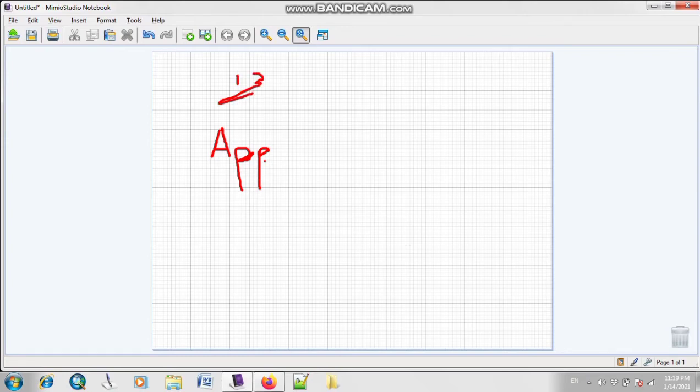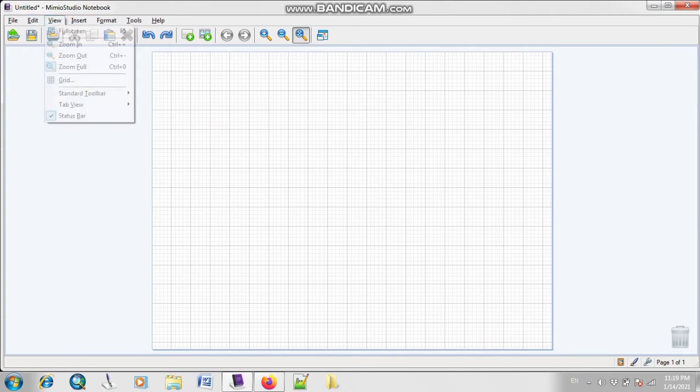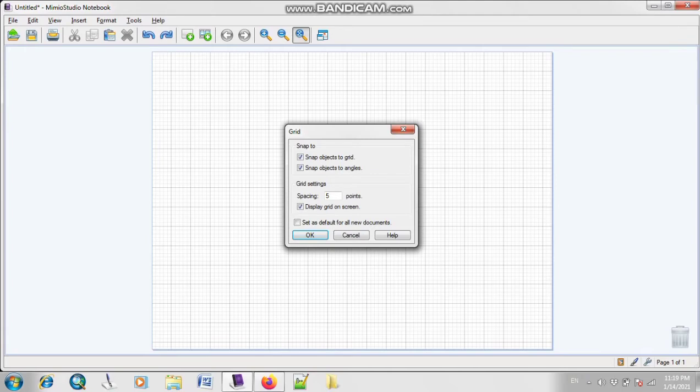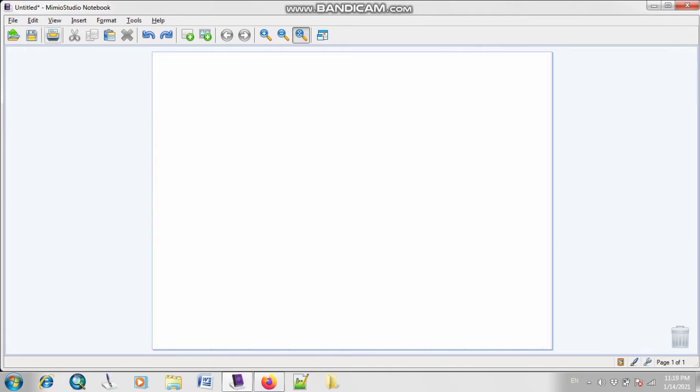Right now it's very difficult to write with the pencil, so I'm just going to erase it. In this way we can apply a grid. If you want to remove it, just press it again, uncheck display grid on screen and click OK. It will automatically disappear.